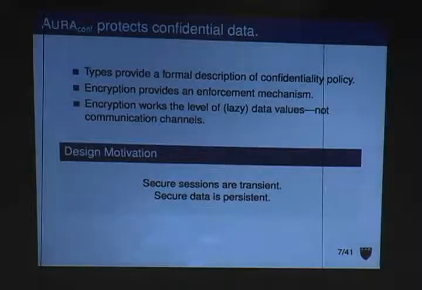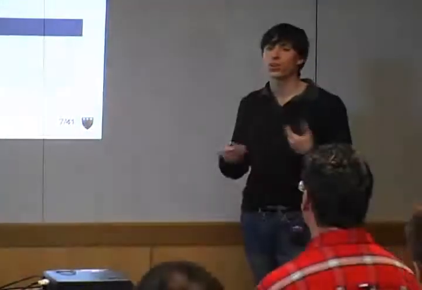So what we're going to want to do is augment Aura so that it has a principled way of talking about confidentiality. We're going to do this using types to provide a specification for which data is confidential. And we're also going to be thinking about applying cryptography to individual data values and not to channels. The reason for this is if you just open up a secure channel with some principal, you can communicate over it, but then you're often going to take that data and store it to disk, at which point it's no longer protected. So we take the view that if you secure your data, that's persistent and it's more valuable than just establishing a temporarily secure channel.